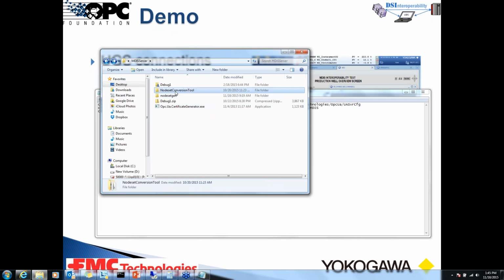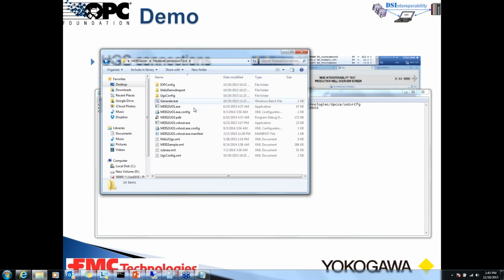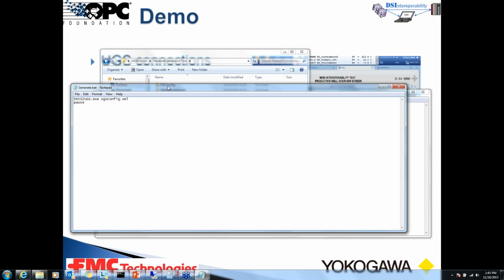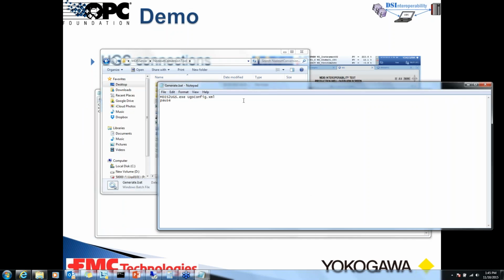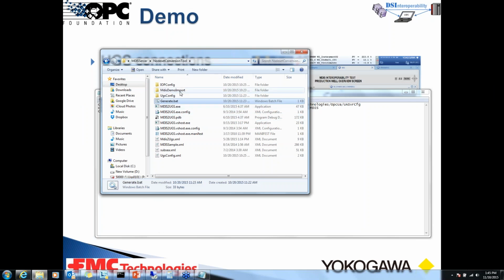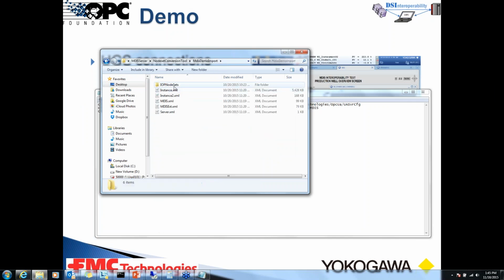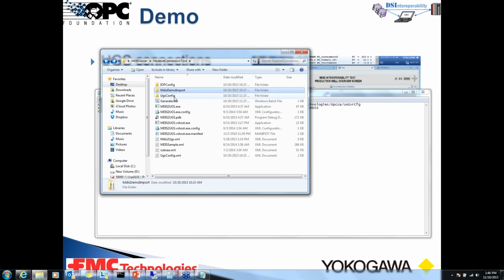So then we have another internal tool which we call MDIS to UGS. Here I just run this tool with a configuration. What this tool does is it will consume the node set files which are coming in, and once the tool is run,